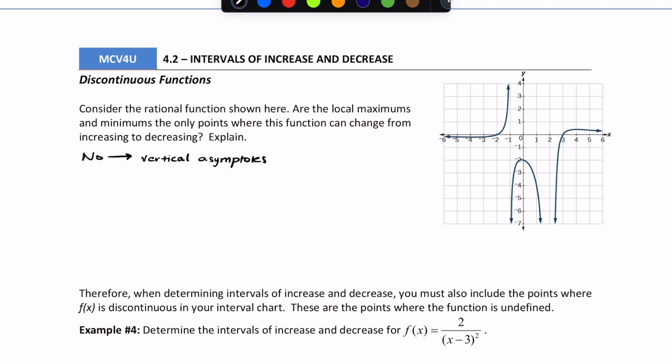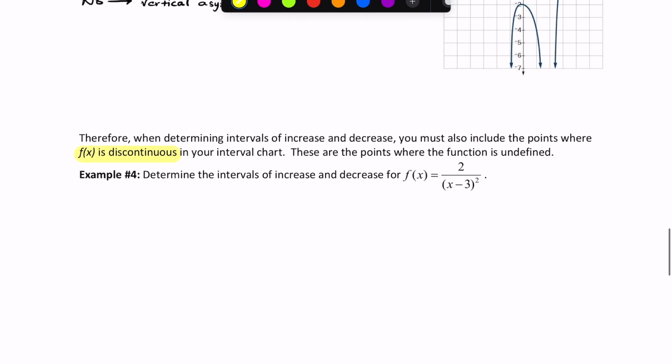And therefore, when determining intervals of increase and decrease, you must also include the points where f of x is discontinuous in your interval chart. So these are the points where the function is undefined. So let's look at this example here. Determine the intervals of increase and decrease for f of x is equal to 2 over x minus 3 squared. So here, if we